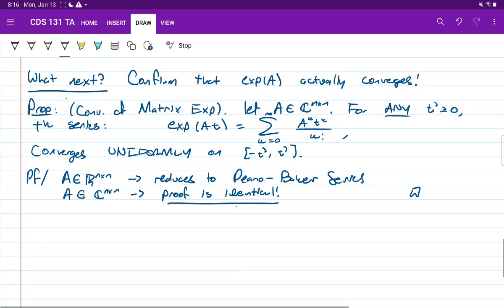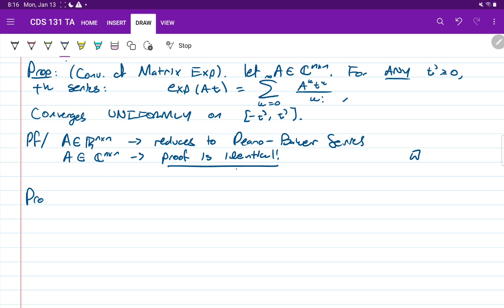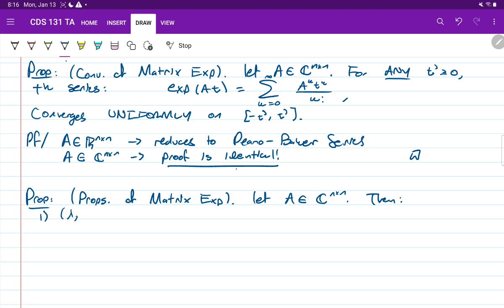Now what we want to do is establish a couple of basic properties of the matrix exponential. What I'll say is let A belong to C^(n by n). Then the matrix exponential satisfies the following. First, if lambda, v is a pair of eigenvalue and eigenvector of A,